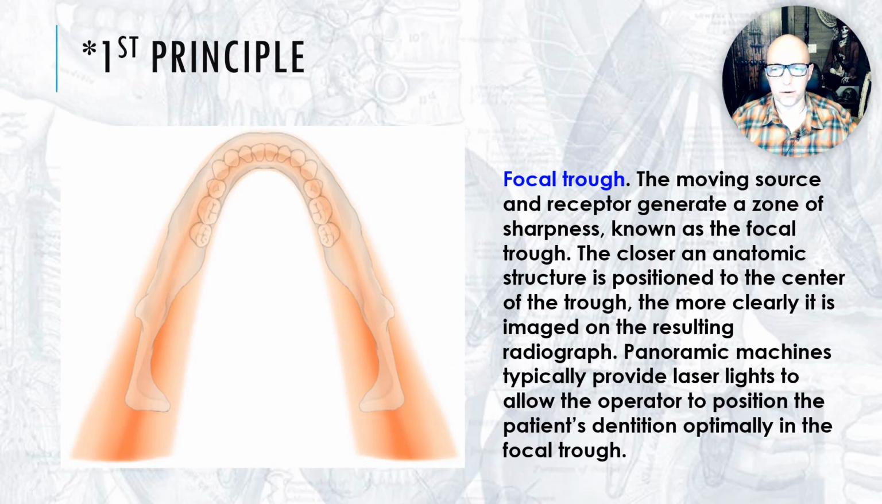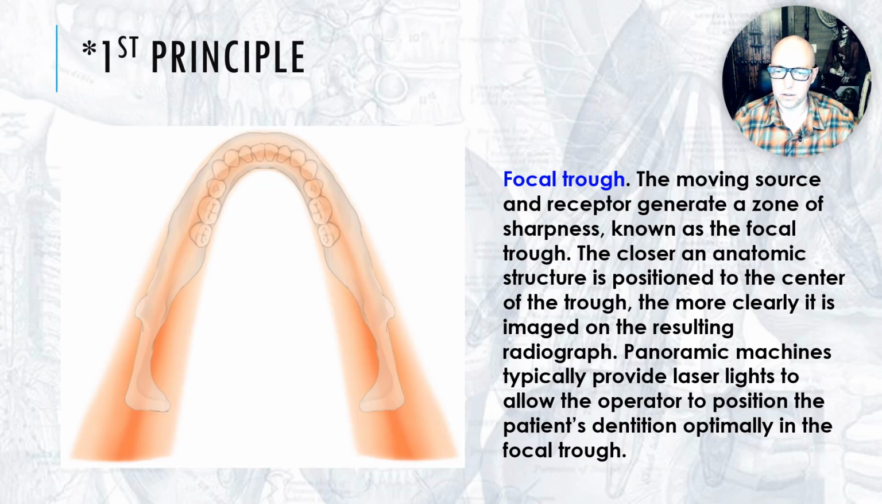All right, so now we're getting down into the details of the first principles, the focal trough. So you have this moving point of rotation. Hopefully you remember that about the geometry of panoramic radiographs. You have the source, the X-ray, coming from one side, and the sensor on the other side, and both of them move in sync, but in opposite directions